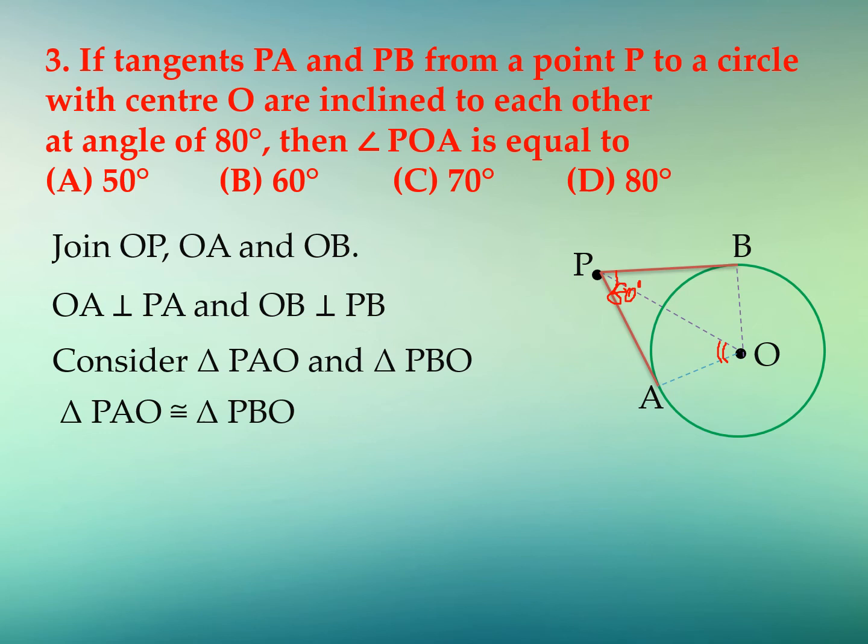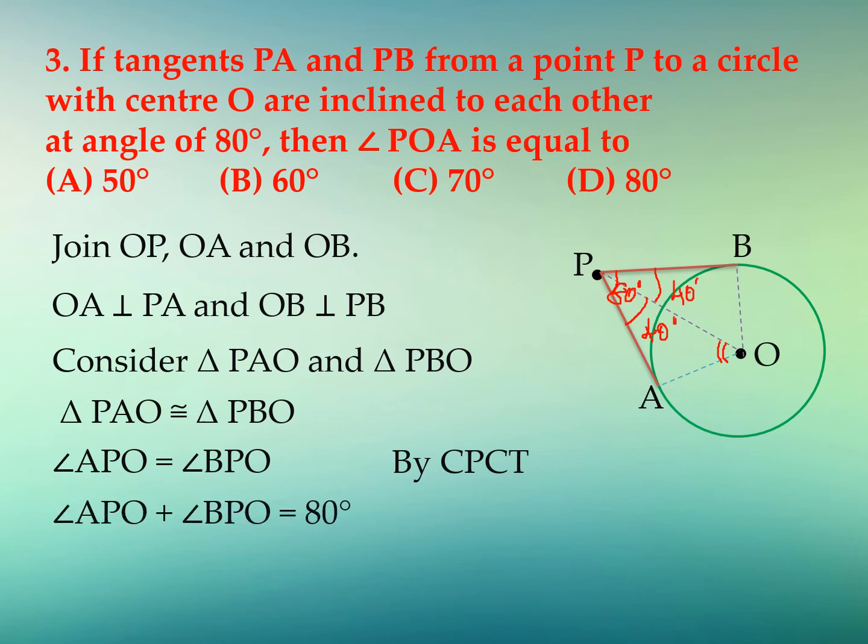Now when two triangles are congruent, their corresponding parts are equal. That means the corresponding sides are equal and also the corresponding angles are equal. We had used the corresponding sides being equal in the theorem. Here we are going to use the corresponding angles being equal. So this means that angle APO will be equal to angle BPO. We had angle APB as 80 degrees, and hence angle APO will be 40 degrees because they have to be equal, and the other one, angle BPO, will also be equal to 40 degrees. I hope you can understand that without even calculating it.